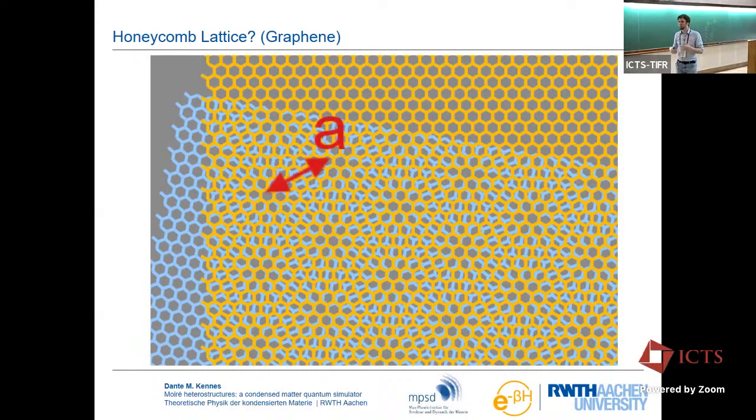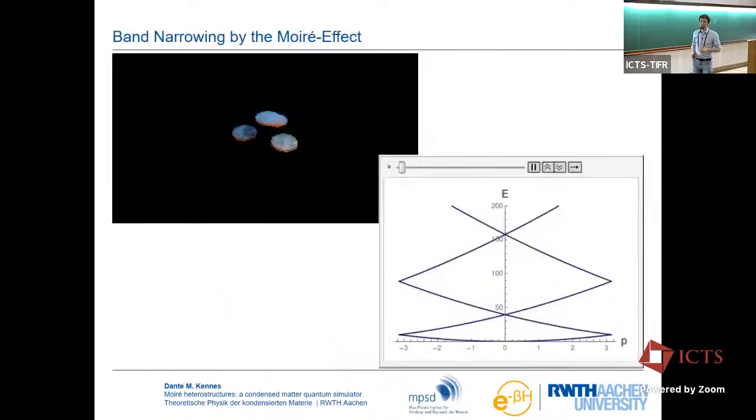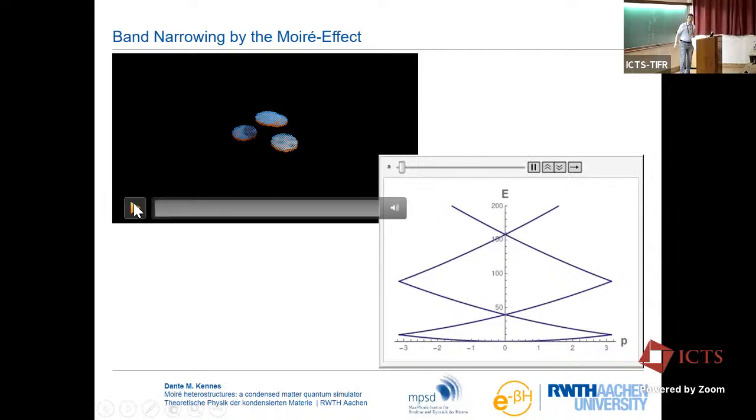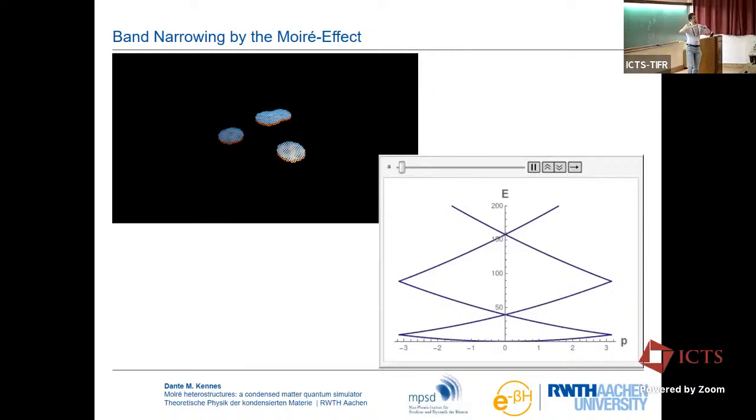So in general terms, this twisting, this arena of twistronics and Moiré engineering allows you to control the lattice constants, the periodicity of your crystal. So why is this interesting or important? And again, I'm going to use a very naive, simple picture here. A better picture was introduced by Oscar, of course, earlier. But what you do is you control the distance of the lattice sites. So you just introduce this new length scale.